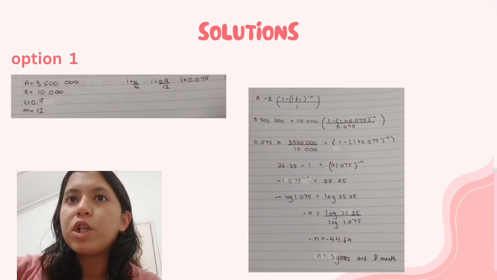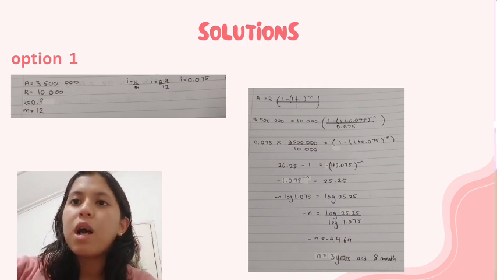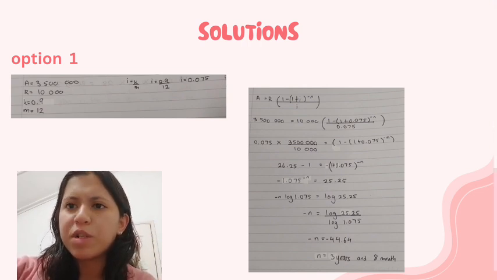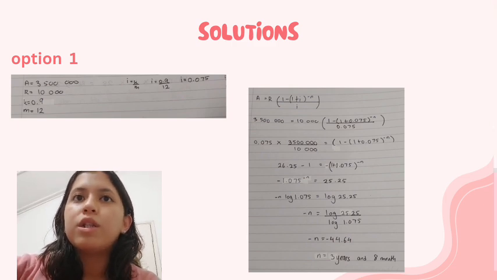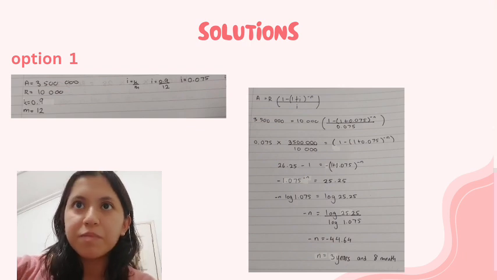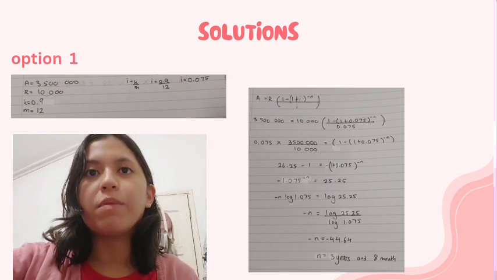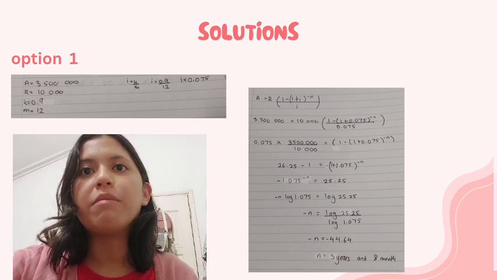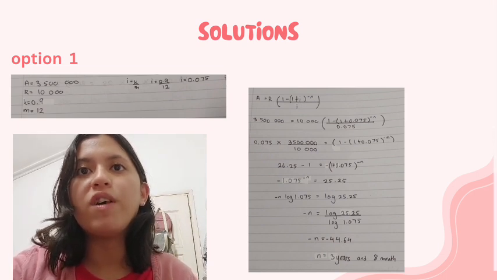When you bring division to the other side, it becomes multiplication. 0.075 multiplied with 3,500,000 ringgit over 10,000 ringgit equals bracket 1 minus bracket 1 plus 0.075 bracket to the power of negative n. The value we get after multiplying 0.075 times 3,500,000 over 10,000 is